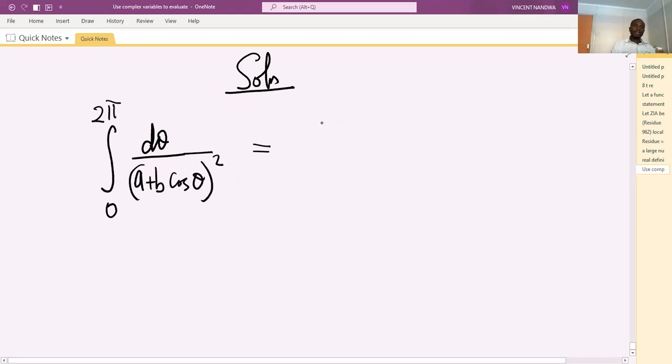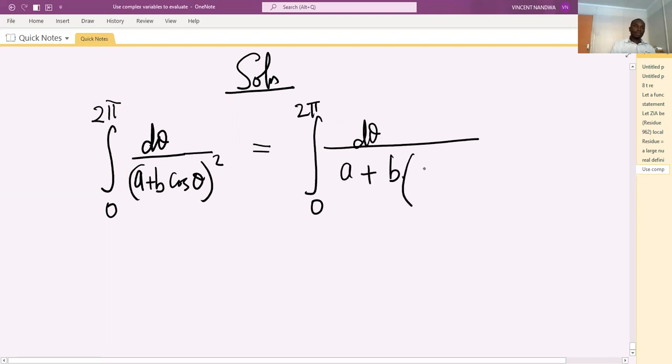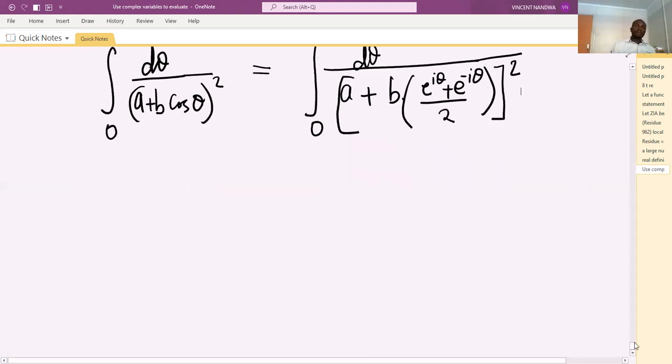This can be written as the integral from 0 to 2 pi of d theta over (a plus b times (e raised to the power i theta plus e raised to the power minus i theta) divided by 2), and then we square. This is just by substituting the corresponding value of cos theta in terms of the exponentials. Once we have done that, the next step will be to simplify